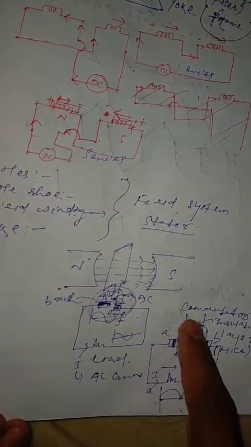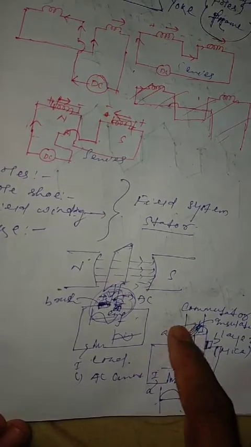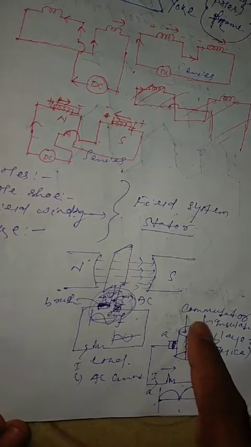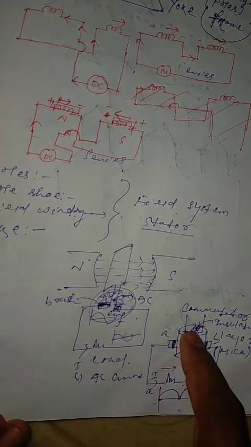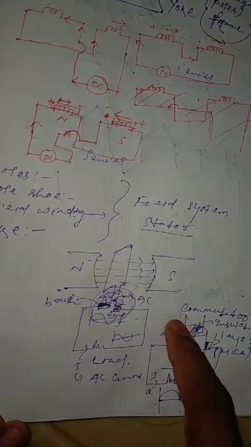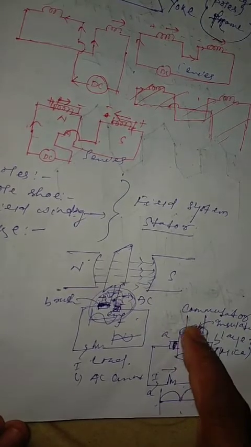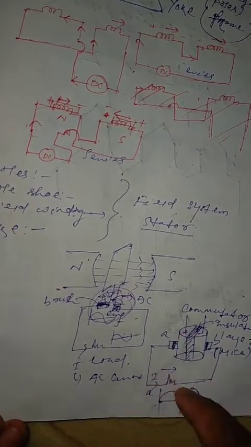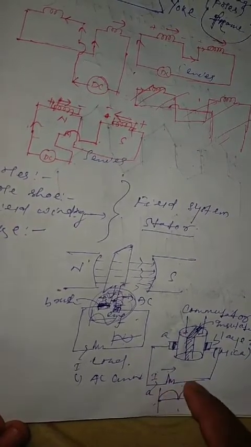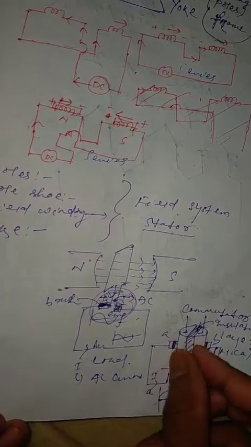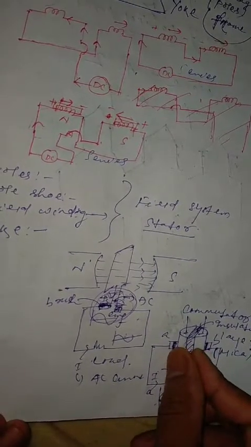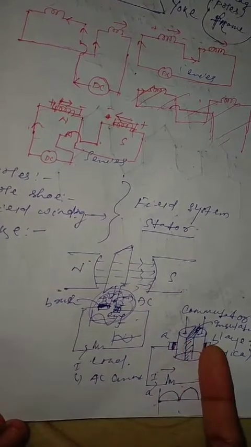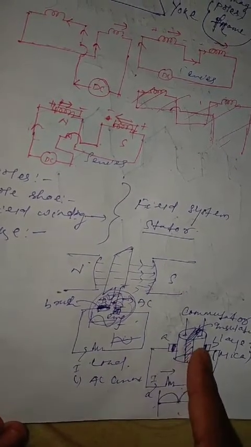First of all, here what happens? Here actually you have a positive point, you have a negative point, and this is an insulating layer. So whatever the supply we are getting at this point, suppose for the first half cycle, the current through this one flows in this way. Now once it is rotated, the arrangement is made in such a way that this commutator will be rotating, but these two brushes will not be rotating.